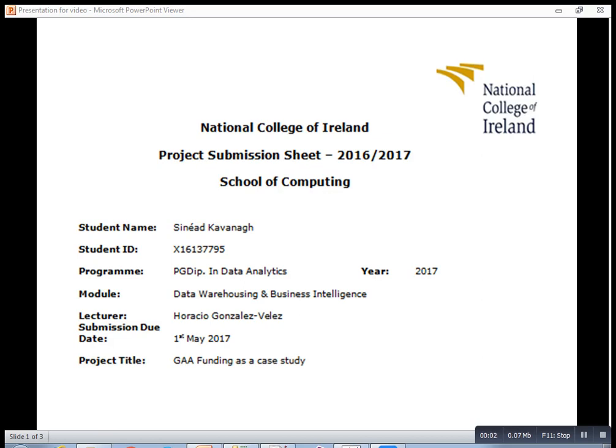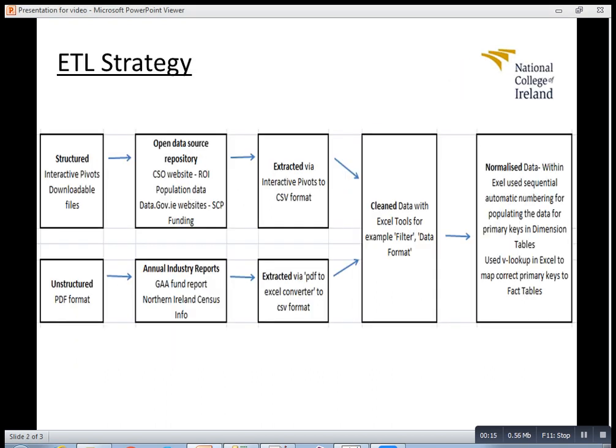Today I will go through the creation of my data warehouse and the execution of 3 non-trivial BI queries. This will be done as part of the postgrad diploma in data analytics, and I will be using GEA funding as a case study. My ETL strategy, the extract, transform and load strategy, was done on 2 types of data,